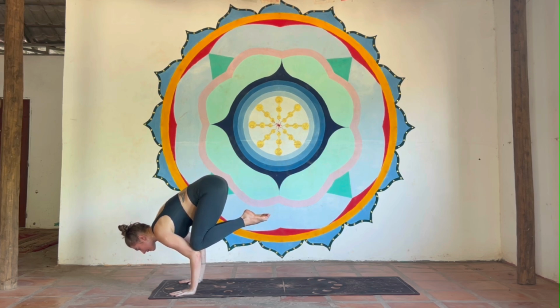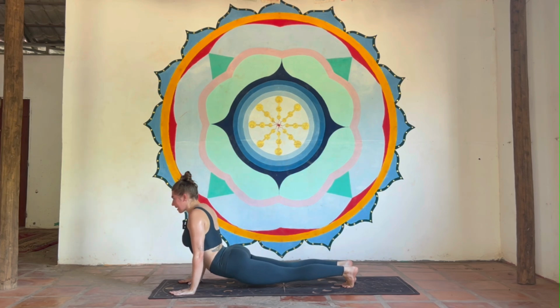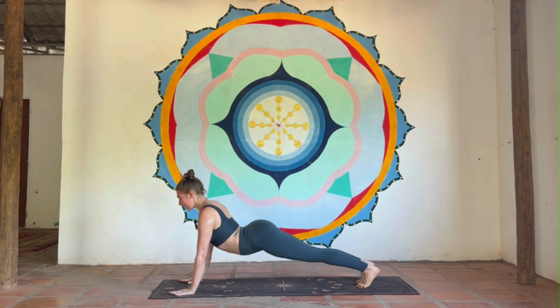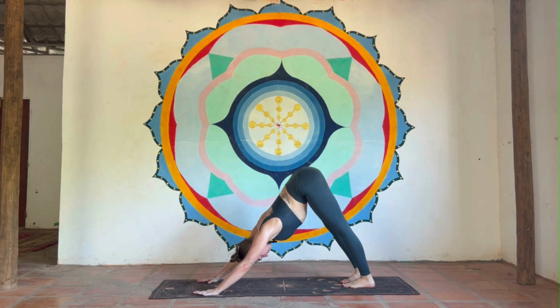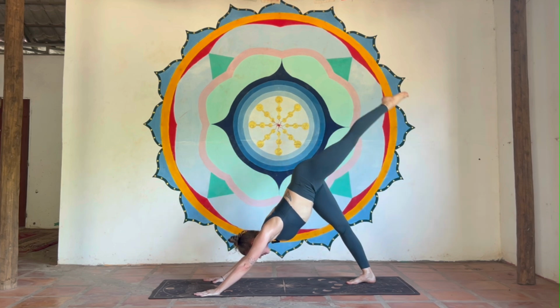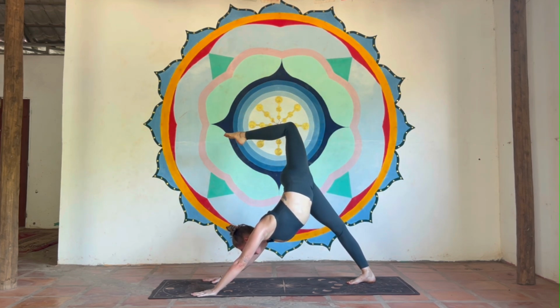Inhale. We are jumping into chaturanga. And then exhale. Hop. Inhale, upward facing dog. And exhale, downward facing dog. Find your breath. On your next inhalation, lift the left foot from the mat, one-legged dog, and then bend the left knee, open